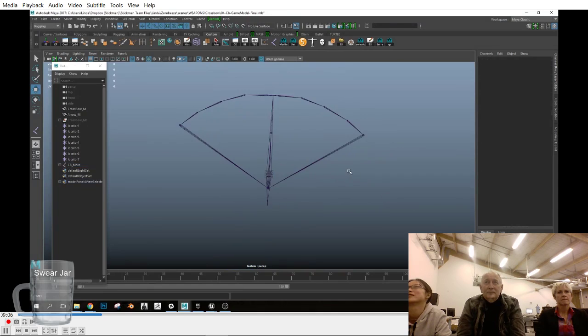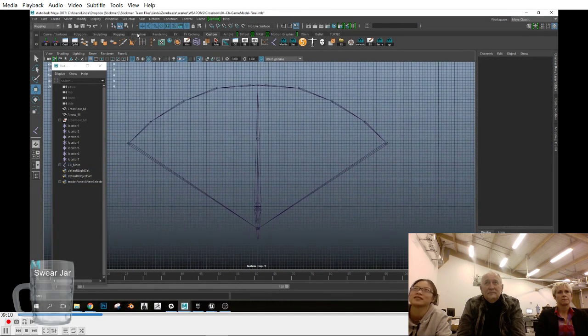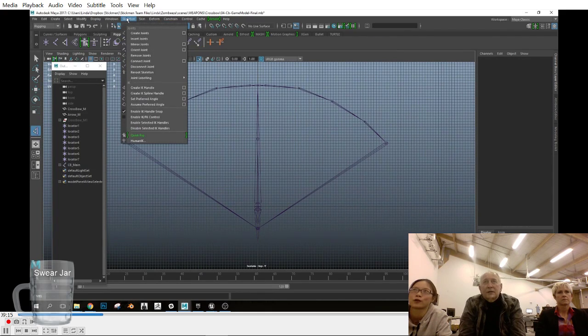And just show those that I already finished, the basic joints skeleton. Oh, I didn't see you duplicate the crossbow. Yeah, it's mirrored on the other side. Yep. Anyway,